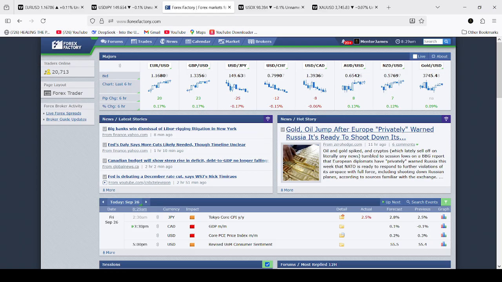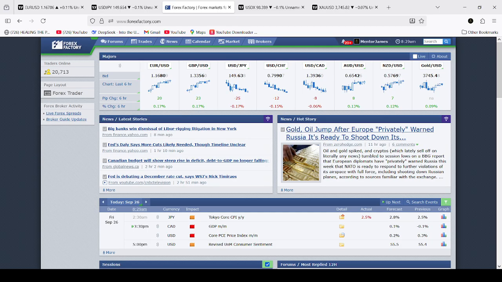So for today, we don't have much in the fundamentals. In terms of the USD, we just have one sentiment that might be impacting the market in one way or the other, so it might affect bullish or bearish: the core PCE price index month after month. So that's the data we are looking at ahead.